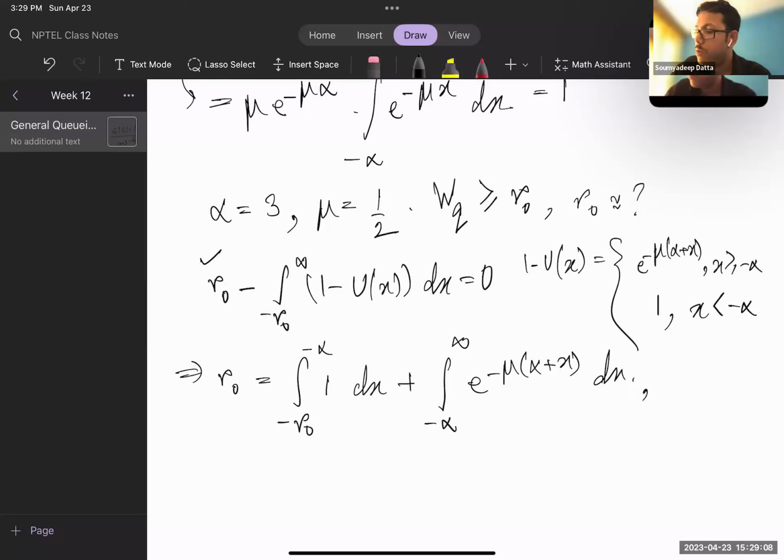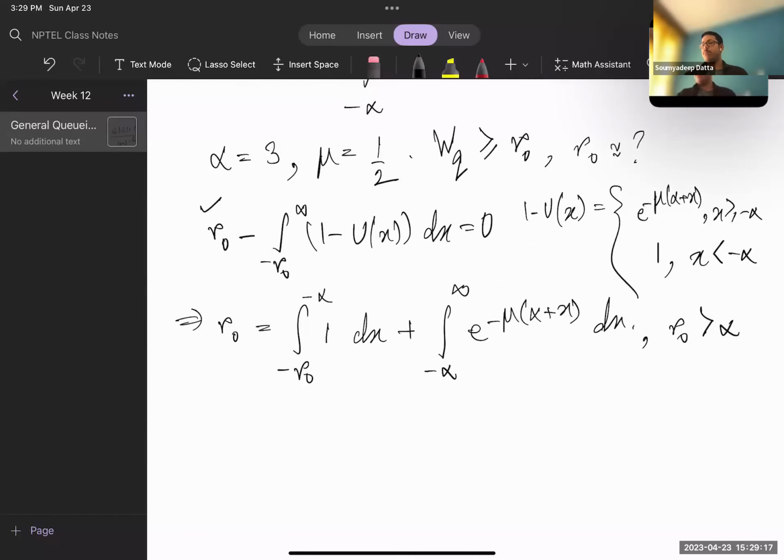This is assuming minus r naught is less than minus alpha, or r naught is greater than alpha. So this can be one possible situation, or r naught equal to,